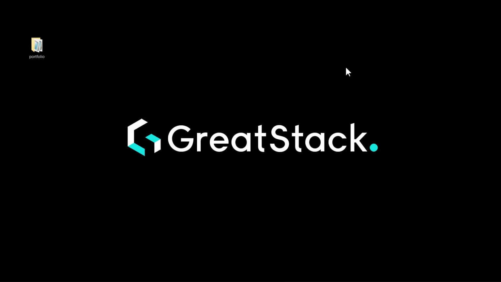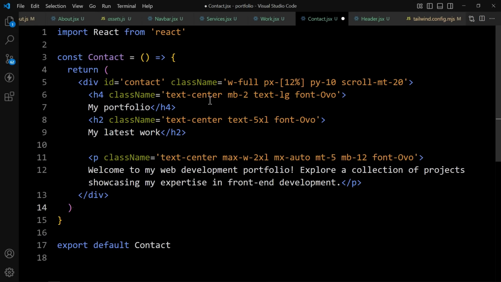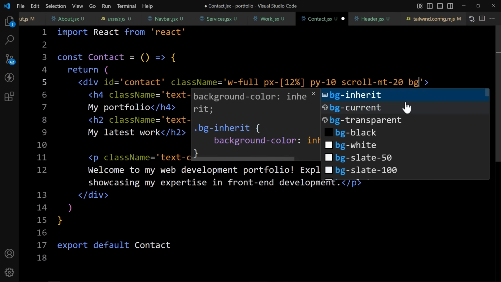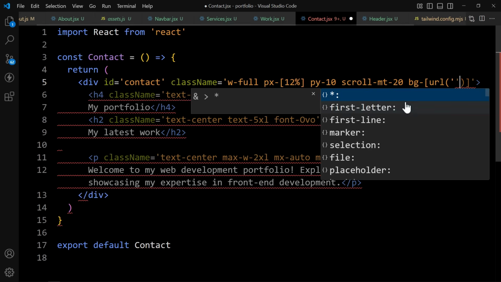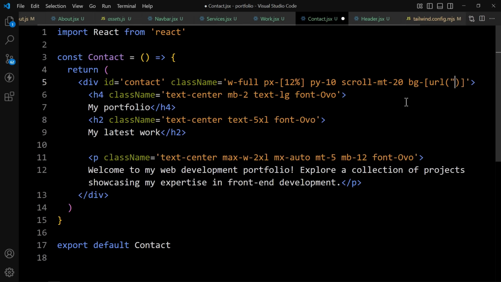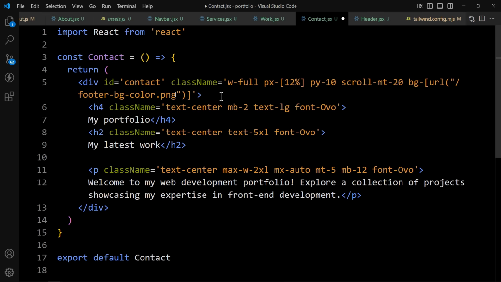So just come back and open this VS Code, and here in this div within this class name let's provide background, that is BG and square bracket, and in this one we will add the URL, and in this URL we will add double quote, and here we will add slash and the file name of the image, that is footer bg color dot png,